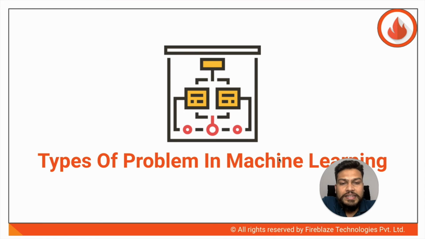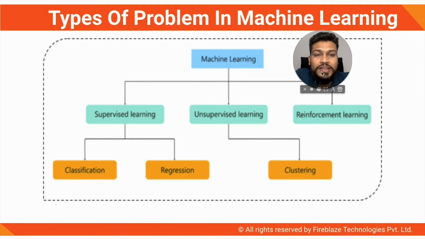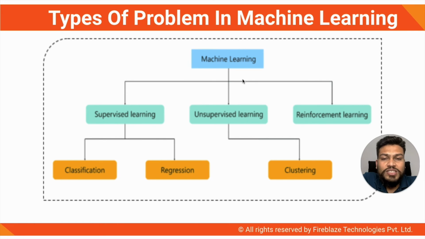advanced machine learning techniques. Now we'll try to understand which types of problems we try to solve using machine learning, in short, right? The three classifications we have seen with respect to machine learning were supervised learning, unsupervised learning, and reinforcement learning. Within this, supervised learning has two classifications, that is classification and regression. Unsupervised learning has clustering, whereas reinforcement learning or semi-supervised learning is an entirely different part, which we just discussed.